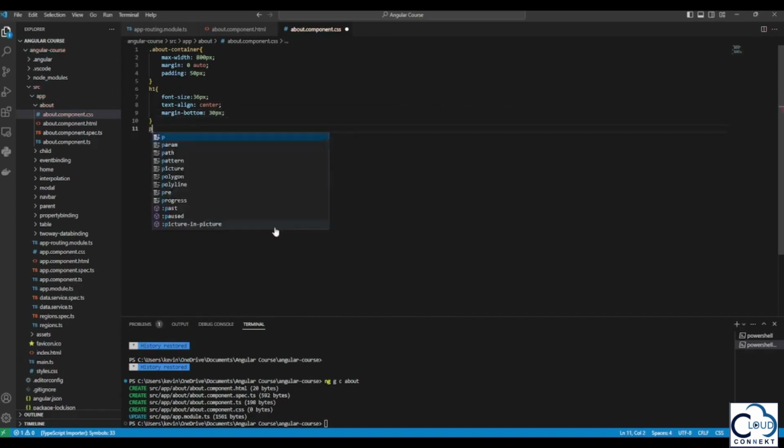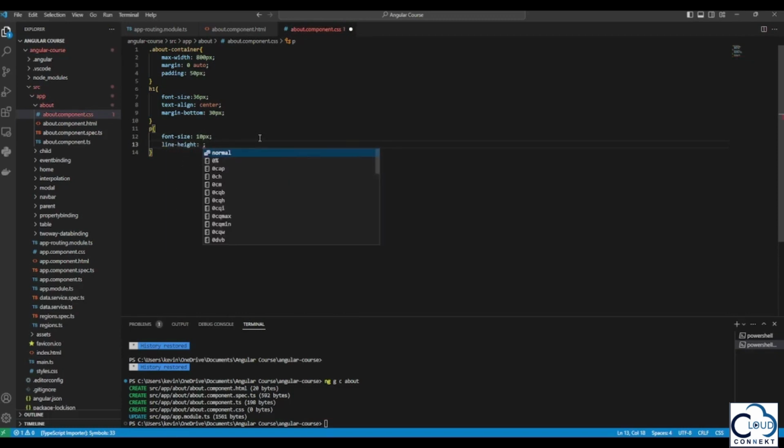And for our p tag, we're gonna put a font size of 10 pixels, line height of 1.5, and margin bottom